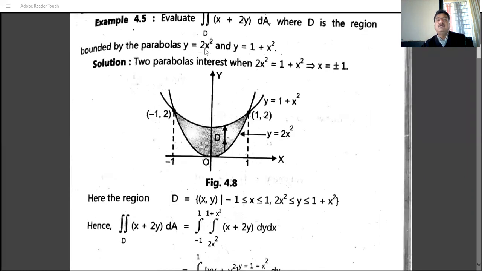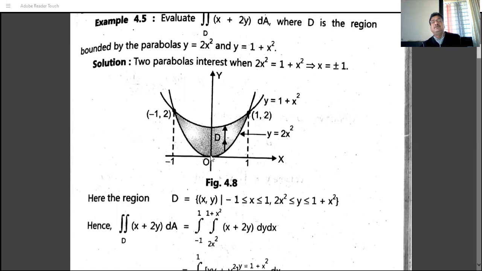the parabola y is equal to 2x square. That is, x square means the parabola is around the y-axis. This is the figure of y is equal to 2x square. And this other parabola is y is equal to x square plus 1. That is, there is a constant term, and that's why the parabola is again around the y-axis, but its vertex is not